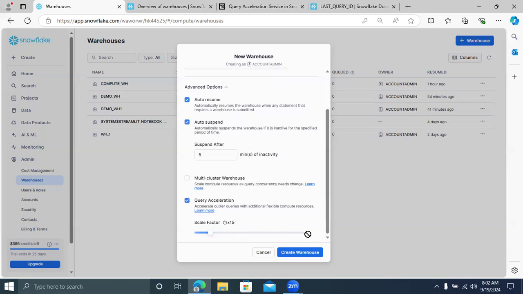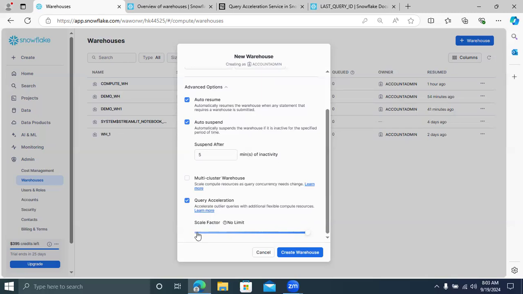And if I give the full limit, what will happen? It should be no limit. If I give no limit, what happens? It depends on the query. With no limit for the scale factor, it's not restricted, so it will keep on creating more warehouses as per the complex workloads.